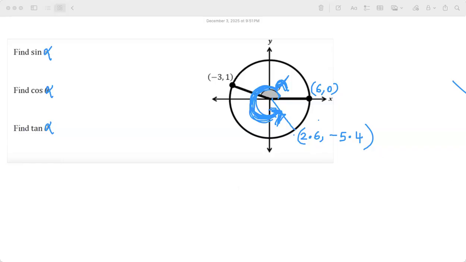If possible, before you come for next week, if you can learn by heart your 45, 45, 90 and 30, 60, 90 angles, that will easily get us to finish the unit circle next week. If you can just revise what the 45, 45, 90 angles and 30, 60, 90 angles were in geometry, that will completely give us a big picture of the unit circle by next week.